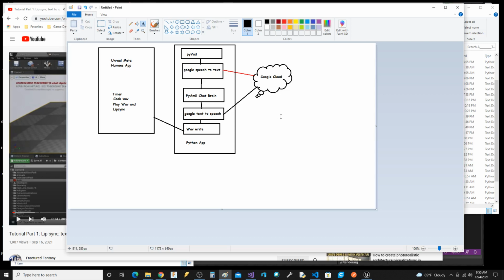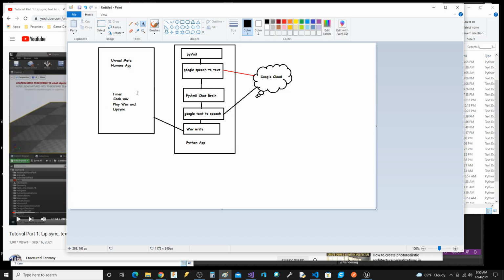So anyway, we're going to crank up metahumans over here, which is Fractured Fantasy's work, and I just did some modifications in C++ so I could do this demo. But basically it's a very crude file IO back and forth between the Python app and Unreal.